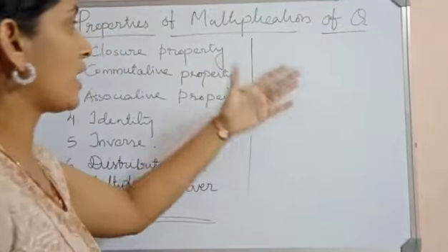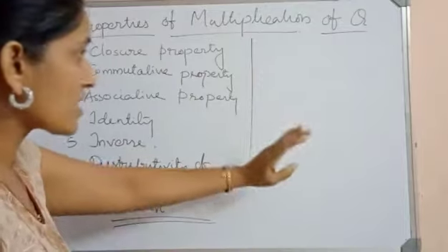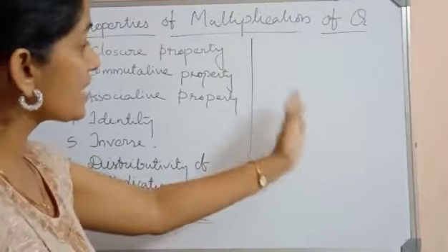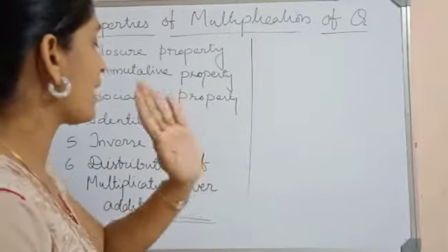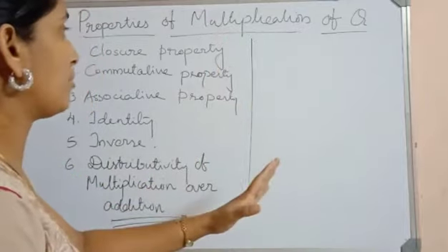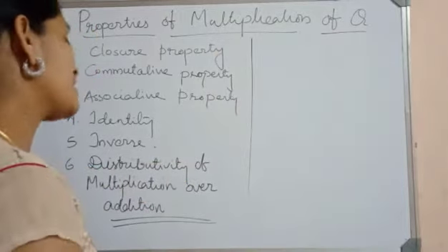But in case of addition, we have seen that if any rational number is given, the same rational number with opposite sign is the additive inverse. That is in case of addition. The sign changes only in case of addition. But in case of multiplication, the sign remains same, but you need to take the reciprocal.